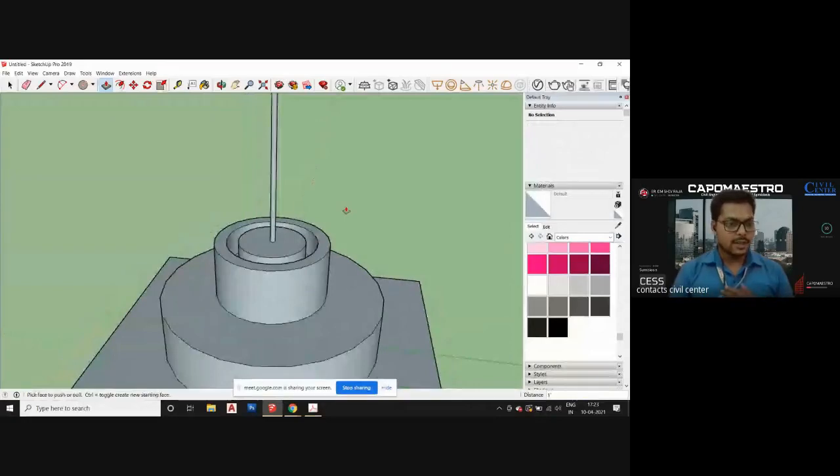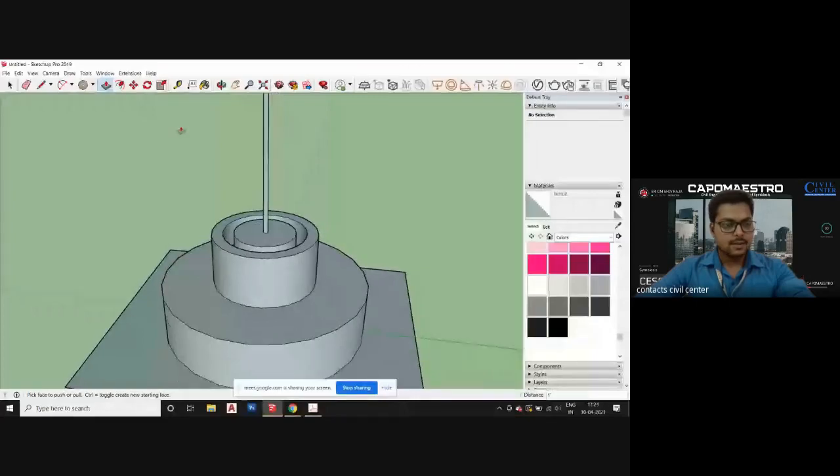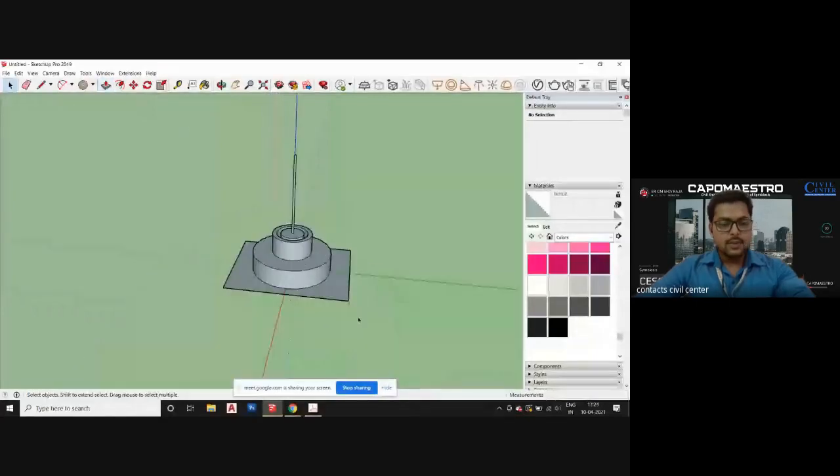So we have already discussed the select tool, the push pull tool, and the orbit tool along with offset tool. Then we have the move tool with us. So first of all, select the whole figure. You can just hit the space button on your keyboard to go to select tool, and there are multiple ways of selecting the things that we have created. Now move it to different location. So you can use the move tool to just move it to the different location.